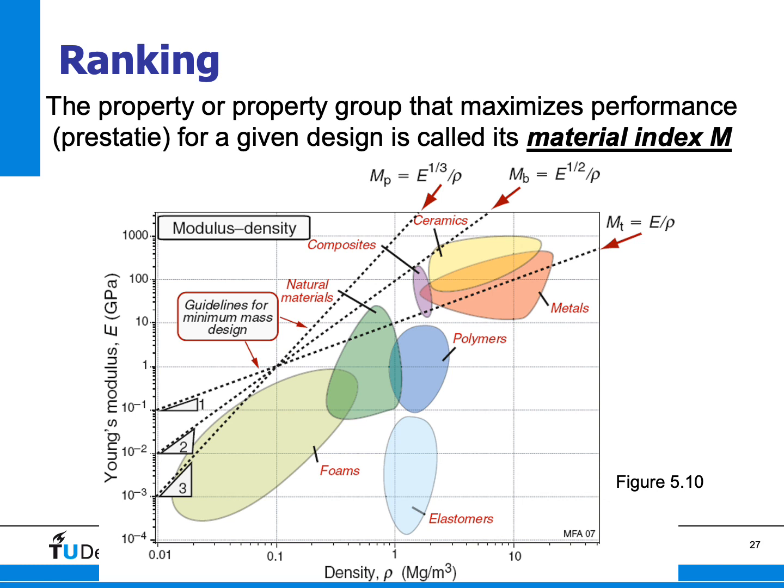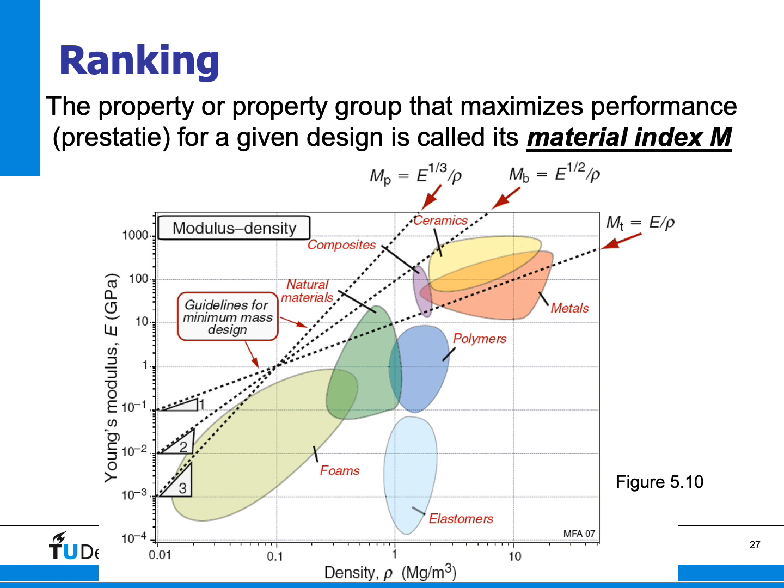So you see three lines in this graph representing the three material indices, and depending on the situation, whether you have derived it for this situation or for that one, you see that the slope is different, meaning if you want to find the best material, you will find for the three different cases three different optimal materials, because you're shifting this line for example upwards to find the highest